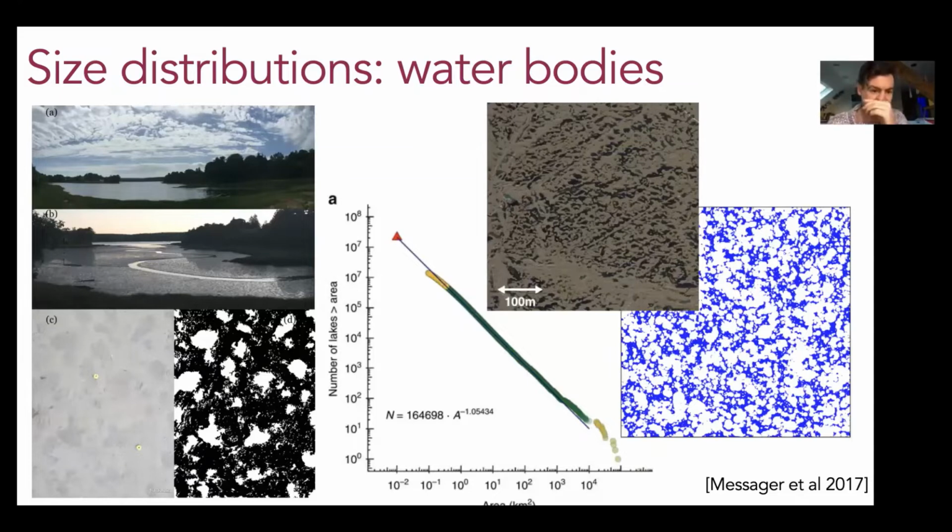So those have a power law distribution, and those can be described by a very similar model. And then, so this was the first paper I ever published. I was really into these melt ponds, and I was at this place in Maine where when the tide would go out on this river, you'd get these funny little puddles all along it. And I was like, oh, that looks like the surface of the Arctic. So we actually went out and we took an iPhone on the end of a fishing pole and took pictures of the mud ponds.